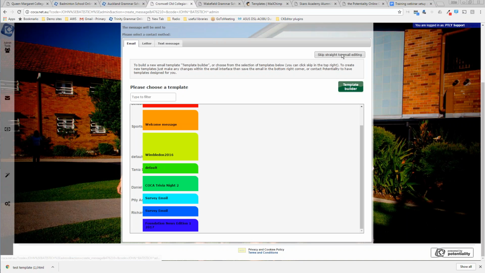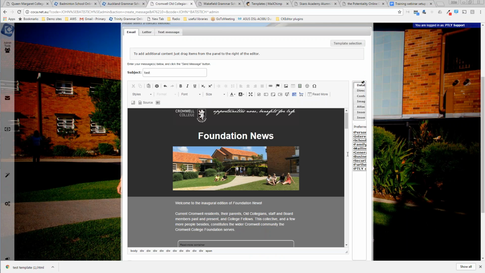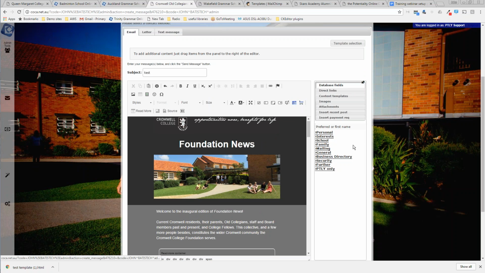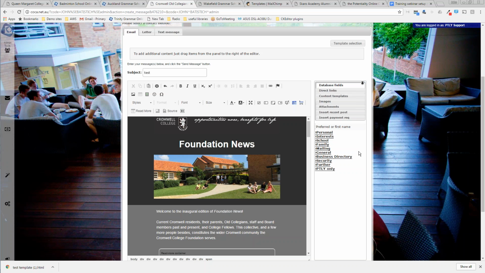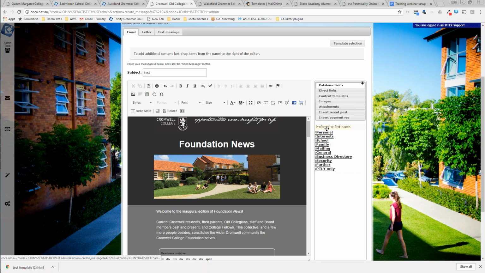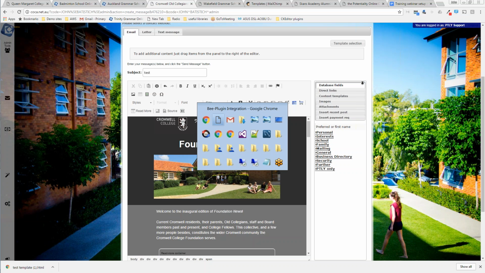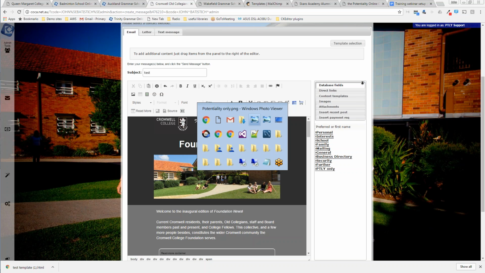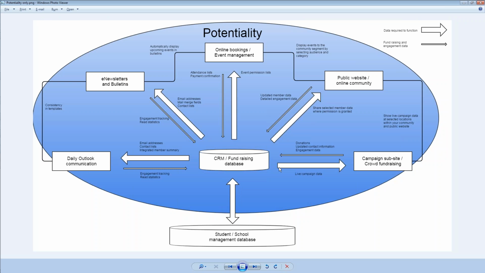So that's the actual editor side of things. If we go back to the email, you'll notice, and you've probably seen it before, that we've got the content elements showing on the right hand side. You can see we've got different elements that can be dropped in, and again, this is one of the significant benefits. If we go back to this usage of data diagram, because if you were using an external system such as